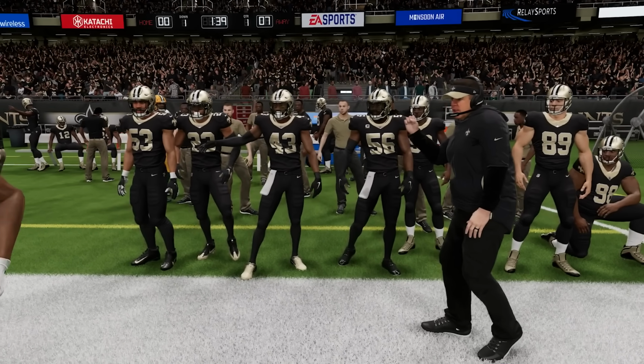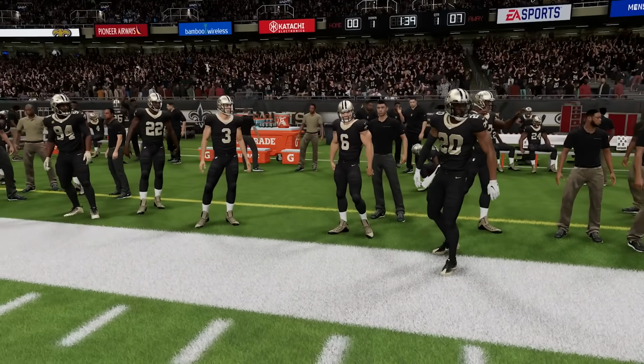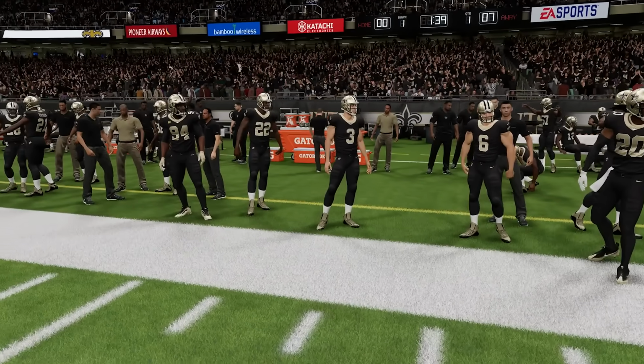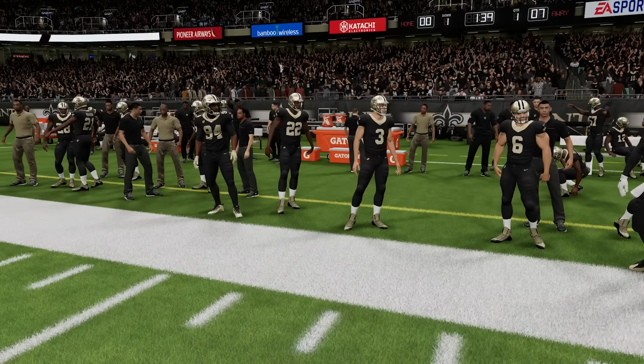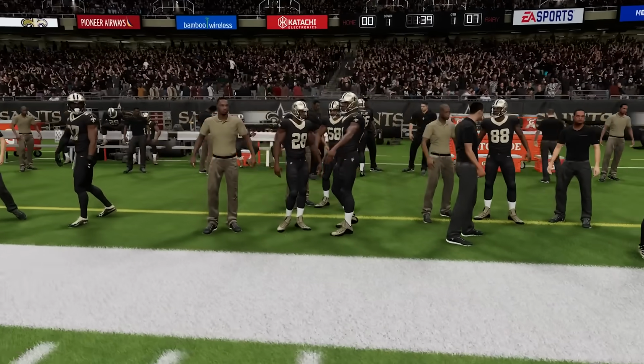But as we pan around, I want you to notice some things. Now, look at Thomas Morstead, Will Lutz, Gardner Johnson. Those are not real players. They have generic faces, no equipment. You could see Cam Jordan, that's really Cameron Jordan, his real player model. That's really